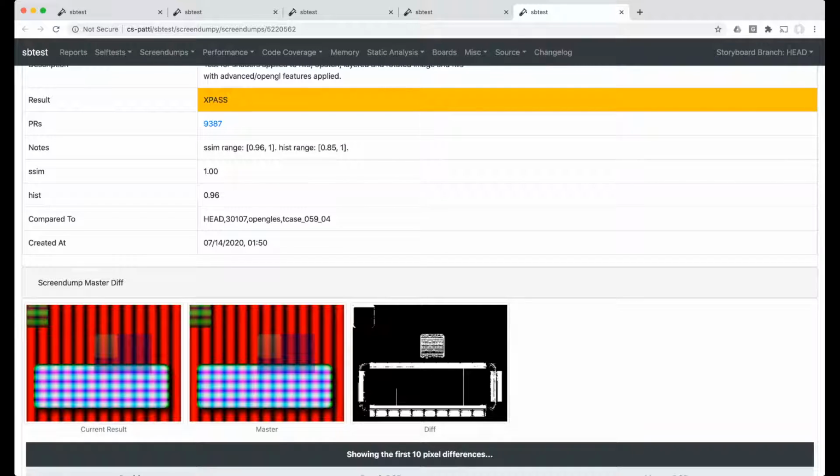And so you see those here as our SSIM, which stands for structural similarity measurement, and then HIST, which is a histogram measurement. 2 different numerical analysis techniques that run over the image, both on our golden image as well as our new target image, and can compare the 2. And this is where some of the nuance comes in, is that you're not looking at pixel by pixel comparison, because visually you can see that these 2 results here,